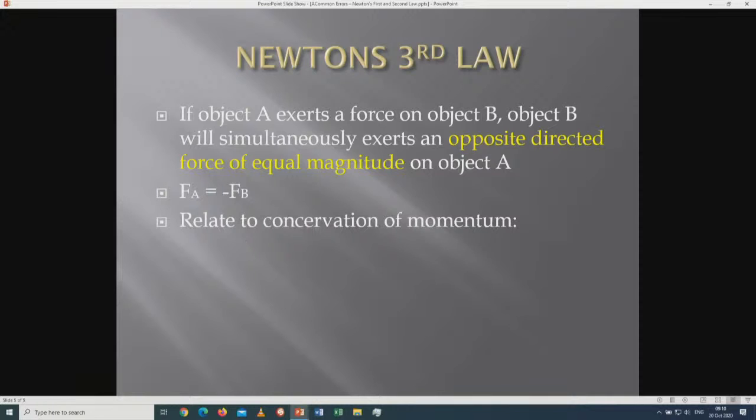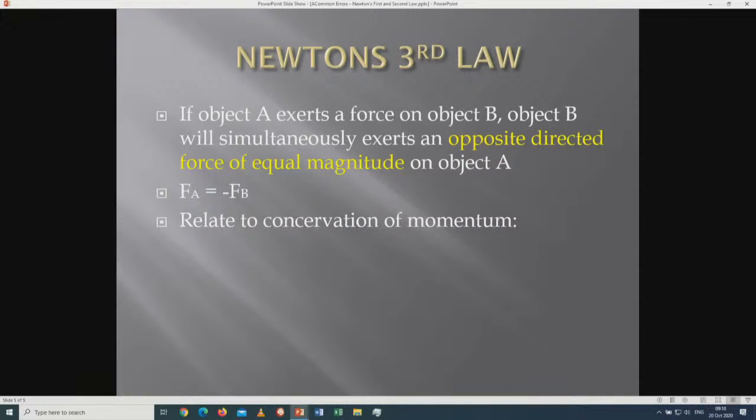Now, like I've said, the conservation of momentum is directly drawn from Newton's third law. They are